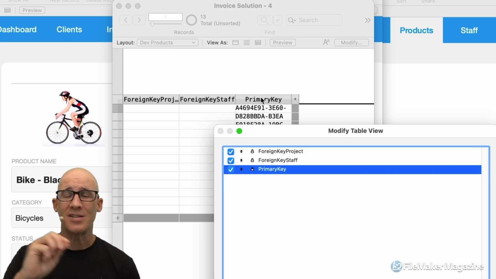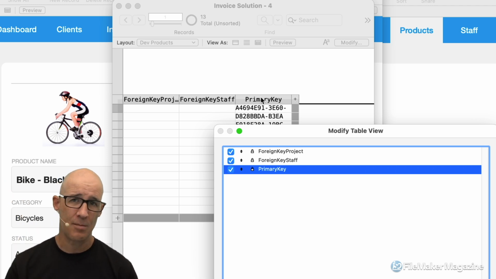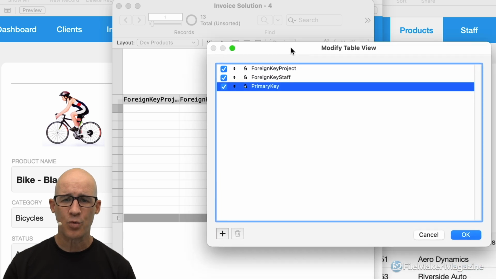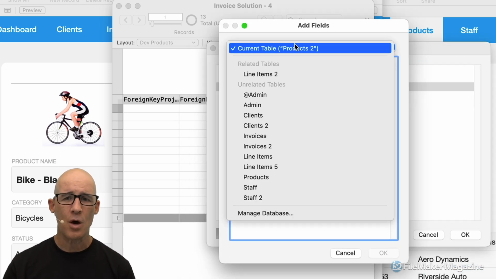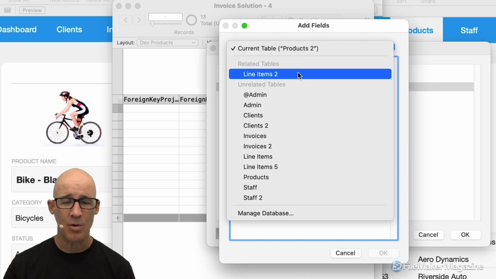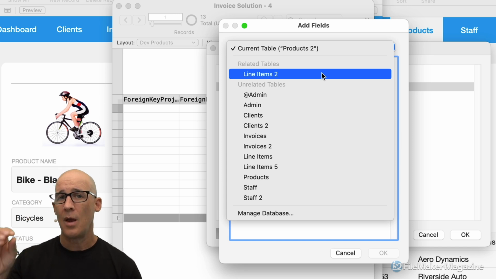connect just the table occurrences in order to see the data you need and then disconnect them and disregard them. FileMaker is really good about that. So by clicking the plus, we can go to any related table or non-related table and be able to show whatever data we want to see here in table view and be able to have a really good visual as